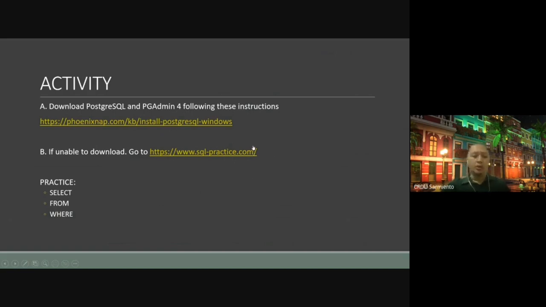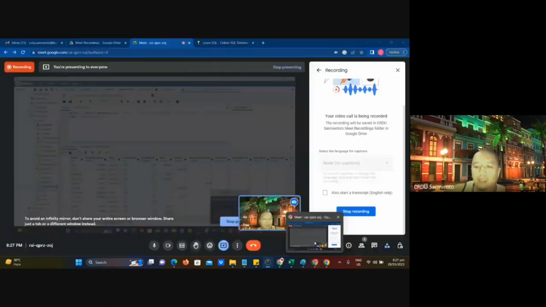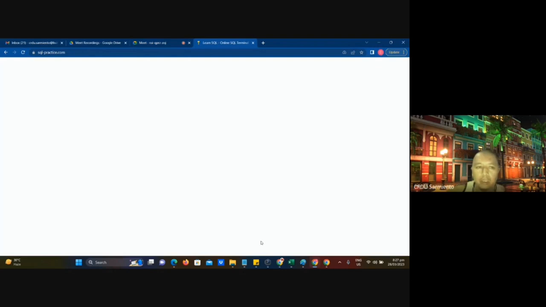Okay? We're going to SQLpractice.com and then practice some of the basic commands that we can use in SQL, which is select, from, and where. So as an example, here is how PG admin looks like and how a SQL query looks like for a database. But then again, in our case, we will be using an online resource, which is